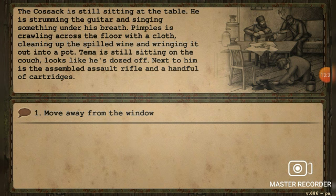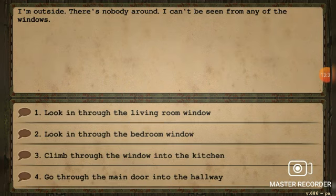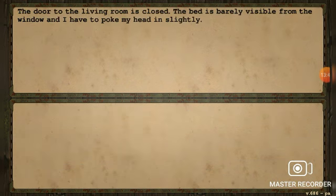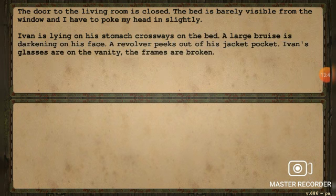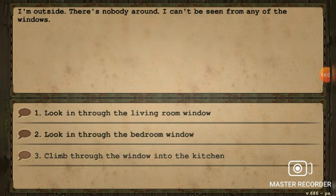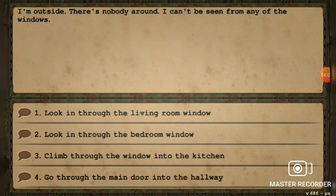Move away from the window. Look in through the bedroom window. The door to the living room is closed. The bed is barely visible from the window, and I have to poke my head in slightly. Ivan is laying on his stomach crossways on the bed. A large bruise is darkened on his face. A revolver peeks out of his jacket pocket. Ivan's glasses are on the vanity. The frames are broken. I listen closely. The bandit is snoring. Let's move away from the window. I'm wanting to see if they're going to start...